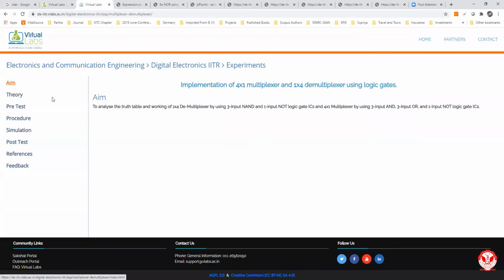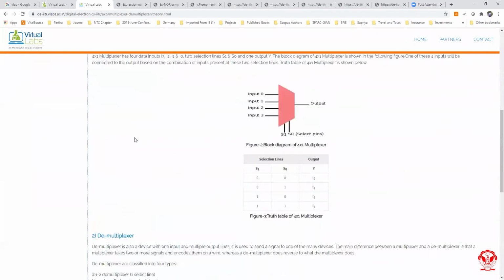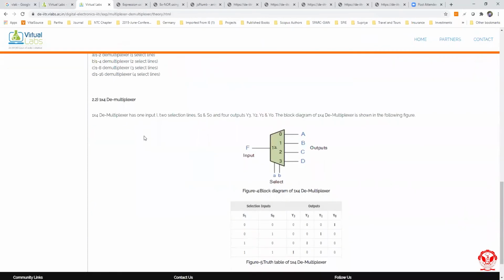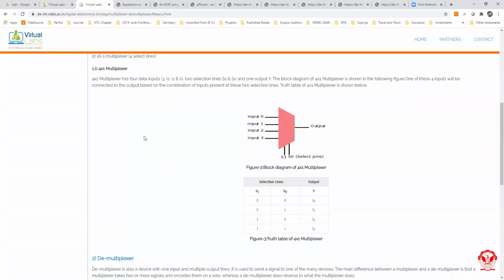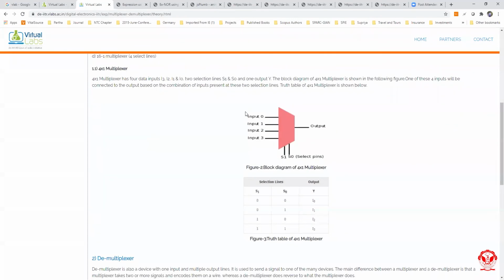All the students can go through the theory section, that is how the multiplexer is working, how the demultiplexer is working. As we know, a multiplexer is a device that has multiple inputs and a single line output.